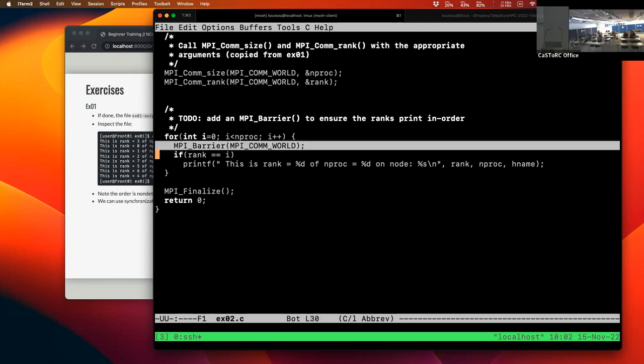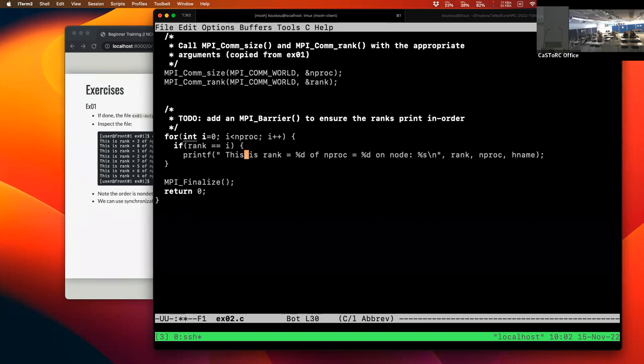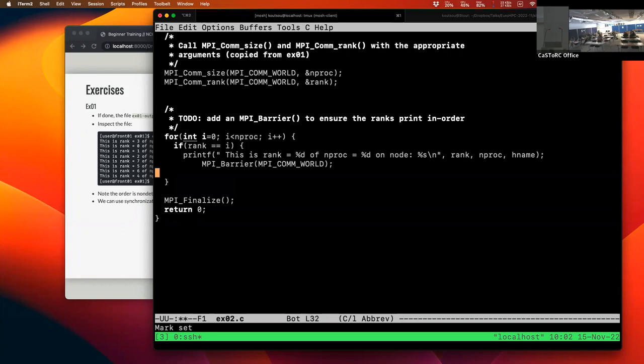It won't work if you put it in the if statement. So maybe it's worth explaining why. This means that only one rank will call the barrier at a time. So let's say rank 3 is the fastest. If rank 3 is super fast, then